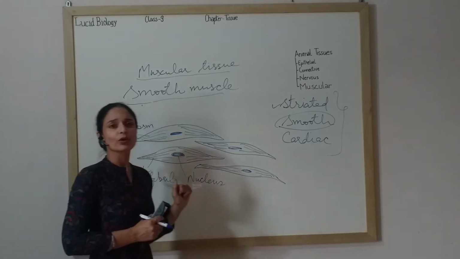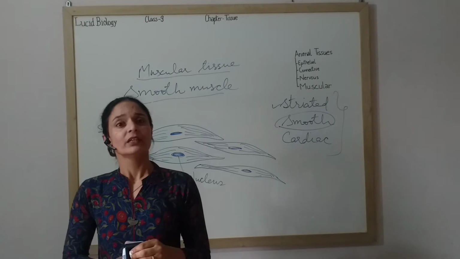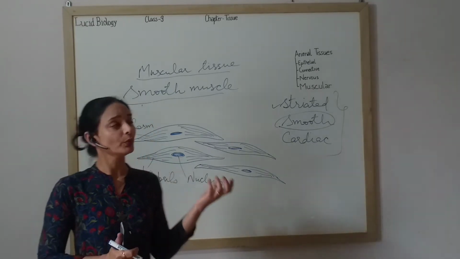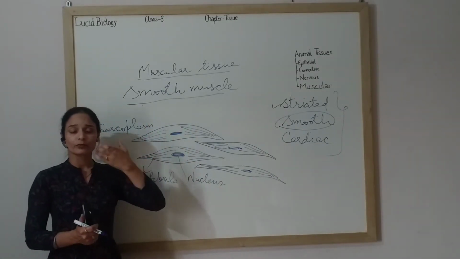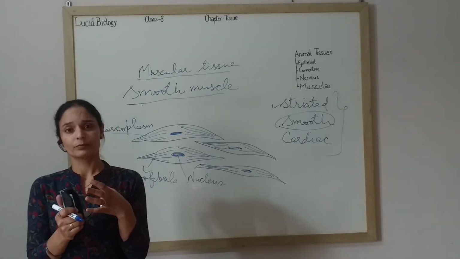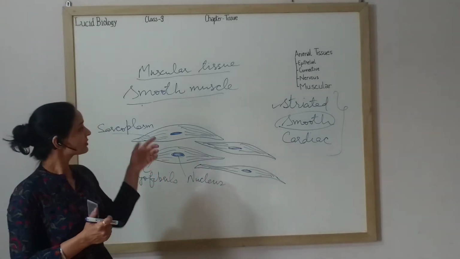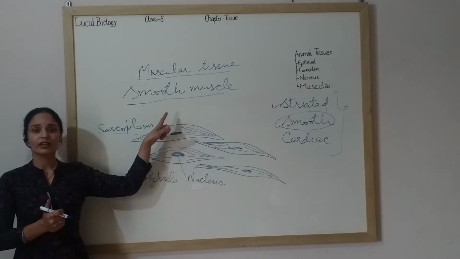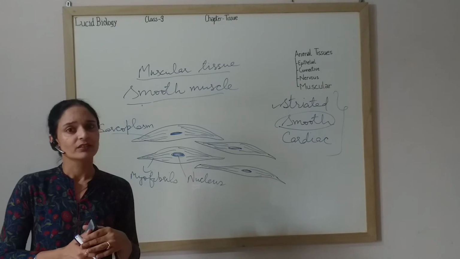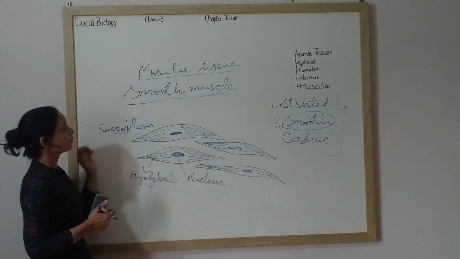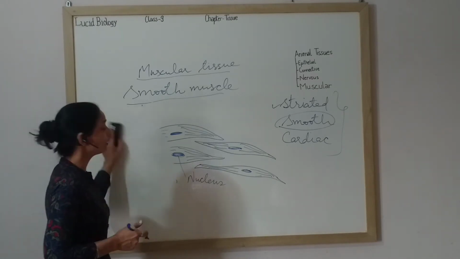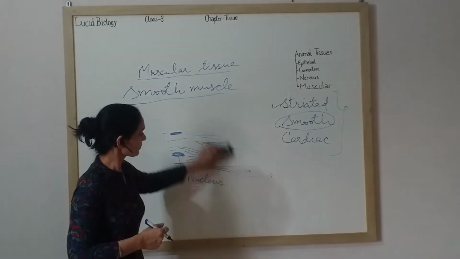Now, what is the function of these muscles? They bring about movement in all the internal organs. Our eyes blink due to smooth muscles. Food in the esophagus moves due to this only. Blood moves, our blood vessels widen, because smooth muscles are present, and these movements are brought about automatically in all these visceral organs. Okay, now what is the function of this muscle? It controls all involuntary movements.